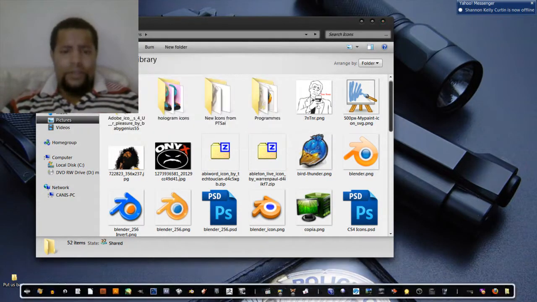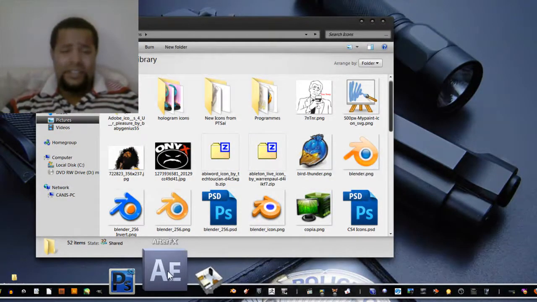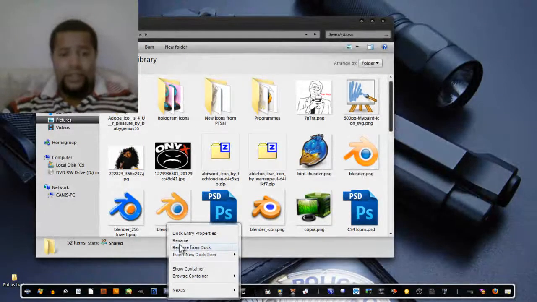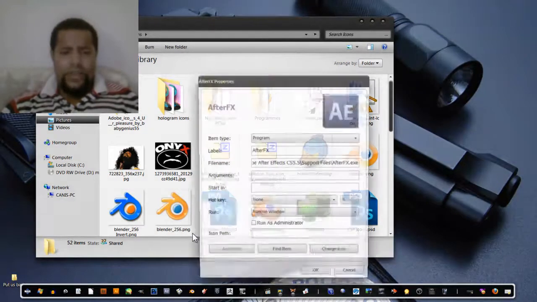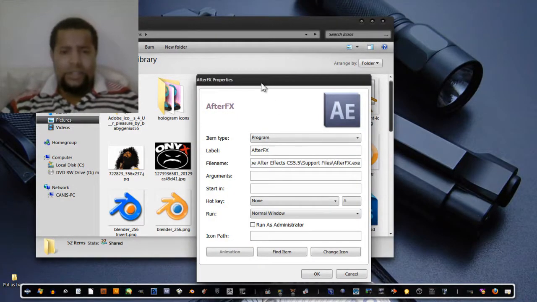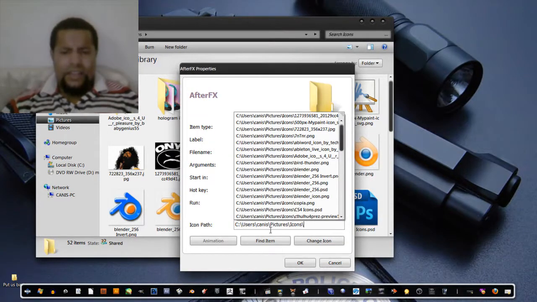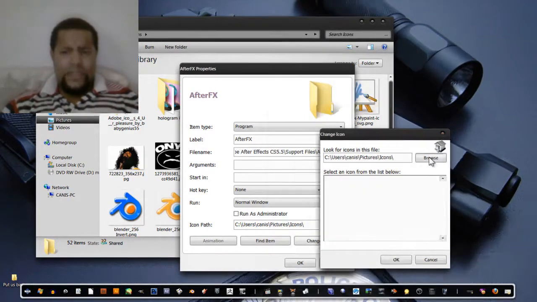And you have that in there from now on, so when you want to change some icons, because it's actually sort of tedious, to be honest. Yeah, every other icon on that dock that I've ever tried, you have to do it this way, but dock entry properties, after you right click on the icon you want to change some aspect of, let's see, icon path, paste, icons. This whole thing pops up and it gives you a listing of what's in there, but I have folders and stuff that I want in there, and so we'll just go to change icon, and it opens up this little guy, and you click browse